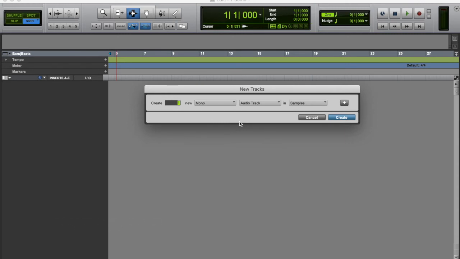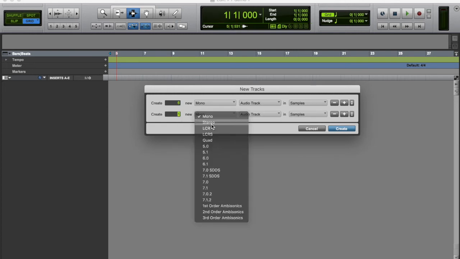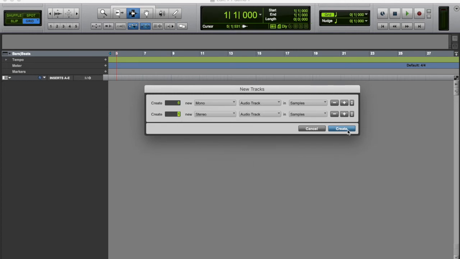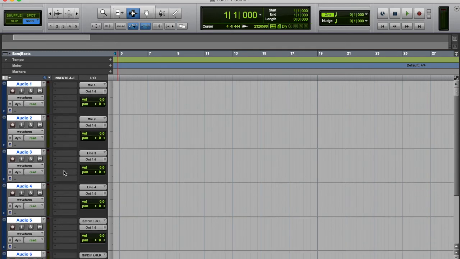Now say I was recording a drum kit, I might want maybe 6, so I can type here the number 6, mono audio tracks. Then if I click on this little plus at the end here, I might want 1 stereo audio track for the overheads. Now when I click on create, ta-da, we get our, it's come up as 7, but it's actually 8 audio